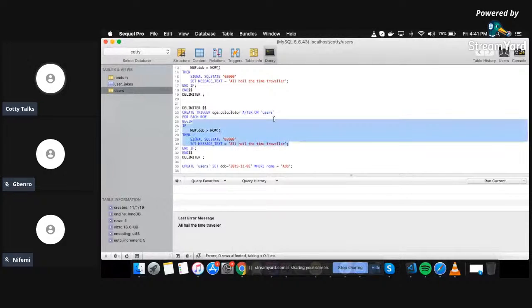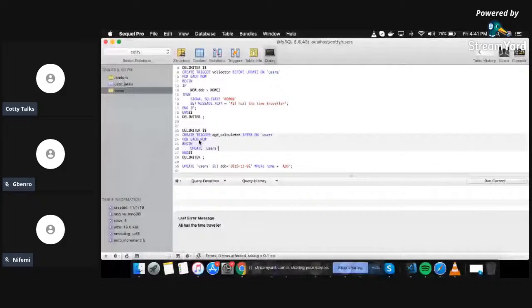All I want to do is update, set age to be equal to year of now minus year of new dot dob. What I'm doing